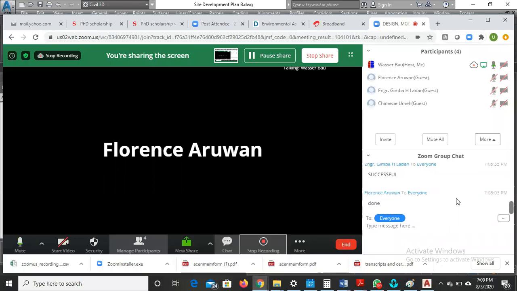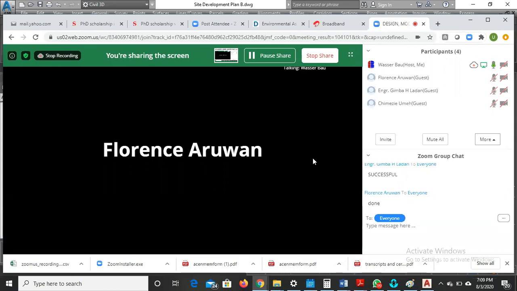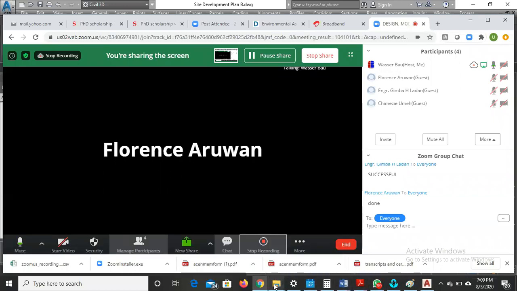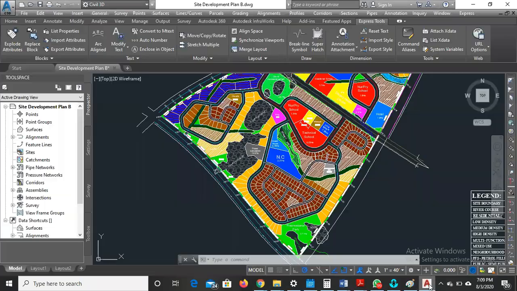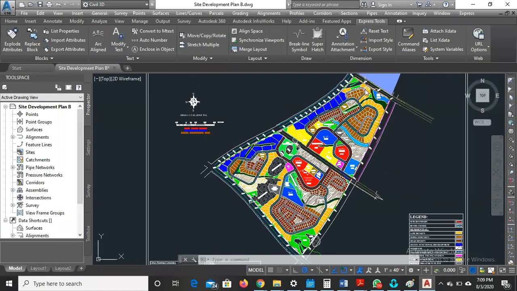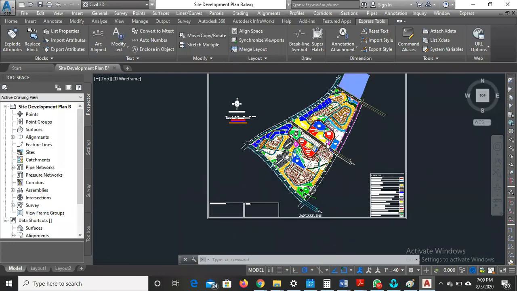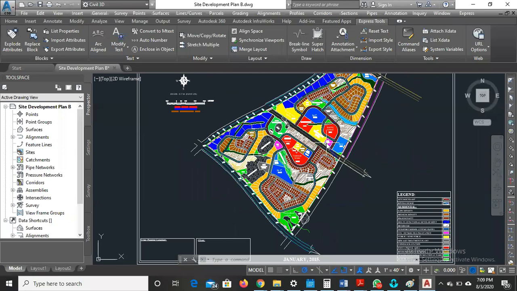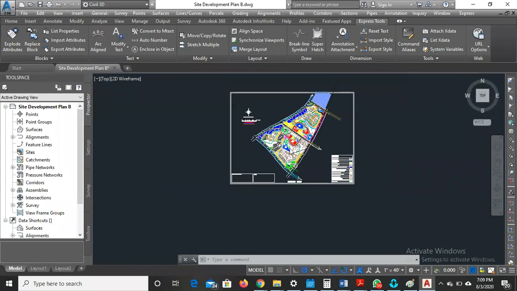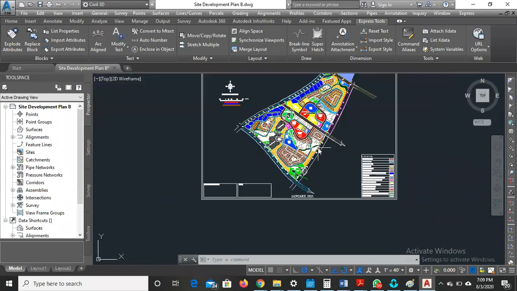Before we do this, we are going to see how, if you are given a drawing in AutoCAD, you bring it into Epanet and then model it. So here is an AutoCAD drawing. This is an AutoCAD drawing of a land swap. If I'm given this drawing and I want to do my other calculations on it, I will